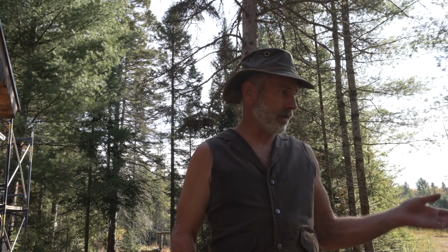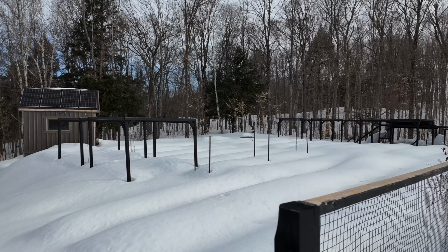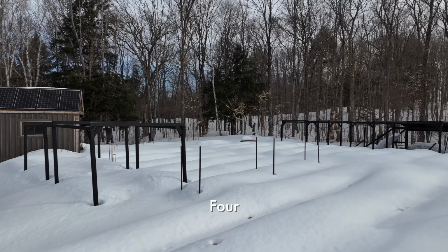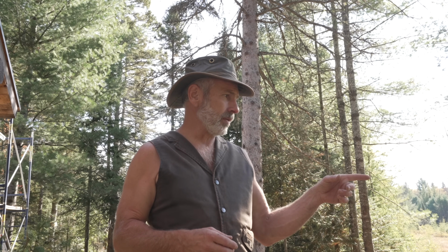So that's food, shelter, energy. I do have more solar panels. You can see on the shed, I had 6 of these panels, which are 320 watt panels, and 3 are running that shed, which I have the freezer in, which I have our food stored in, like our meat. These are obviously not enough for the